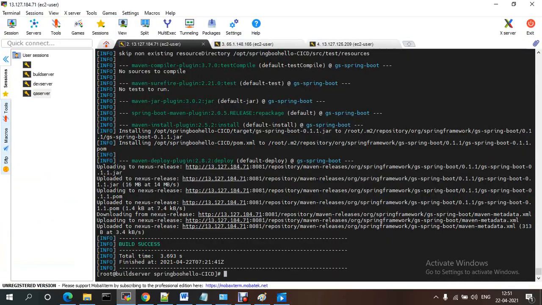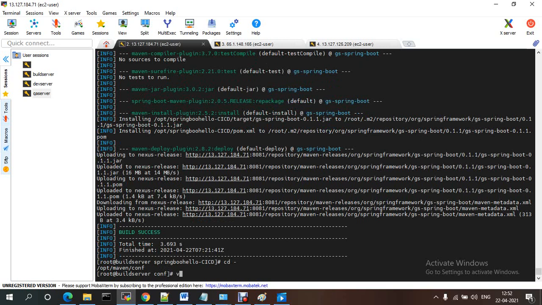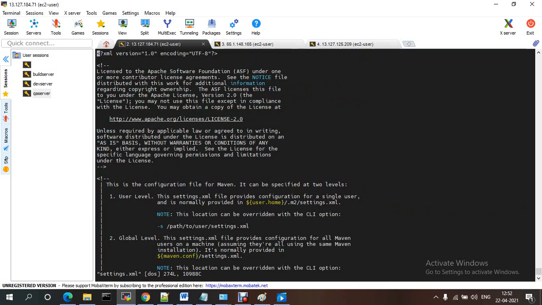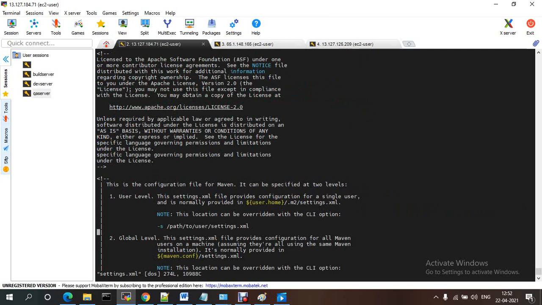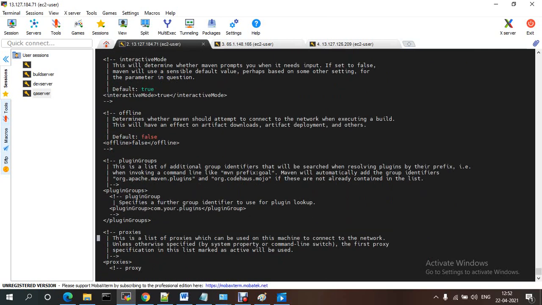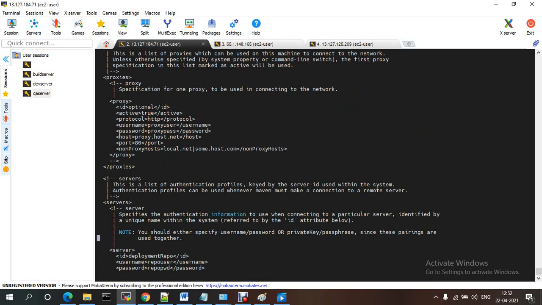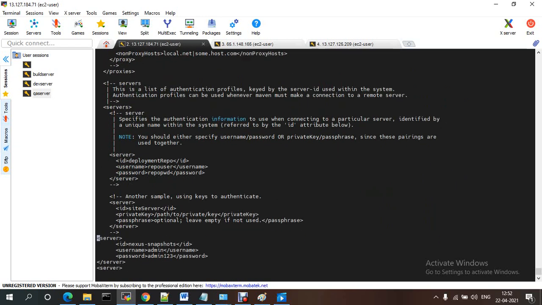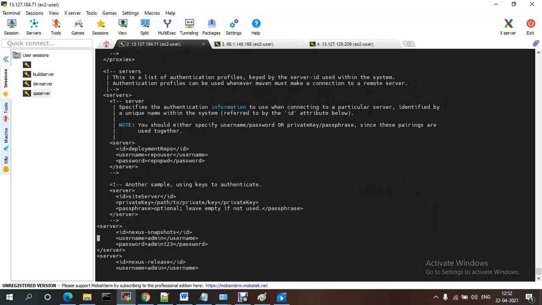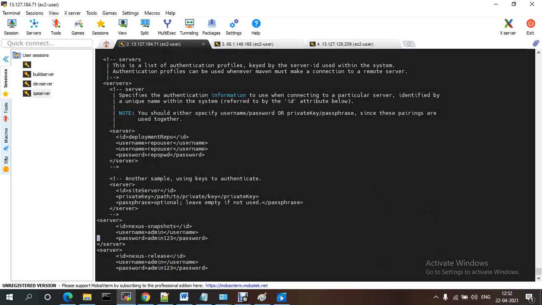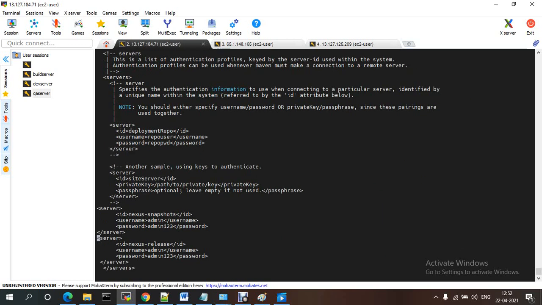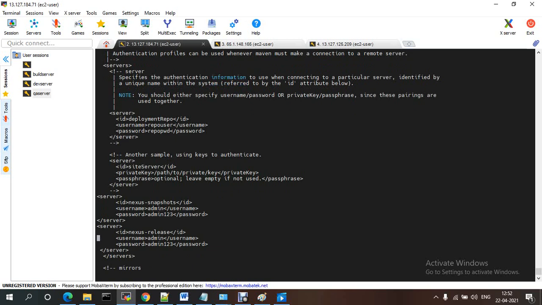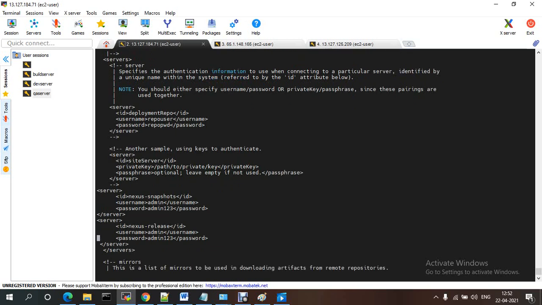I just changed the correct path. If you see vi settings.xml, I changed this one. Under servers, I gave these entries: Nexus snapshot, username admin, password, and here also Nexus release, admin and password.